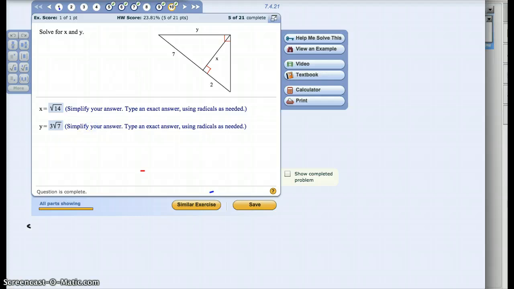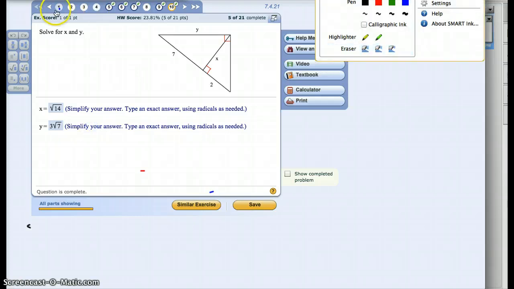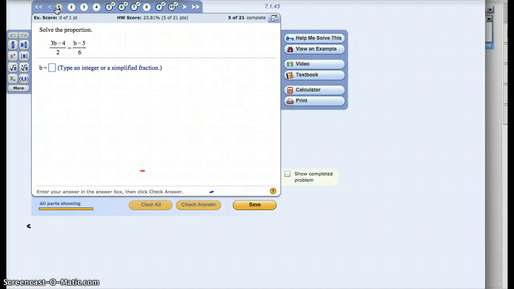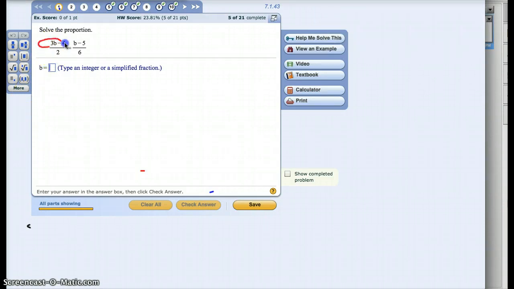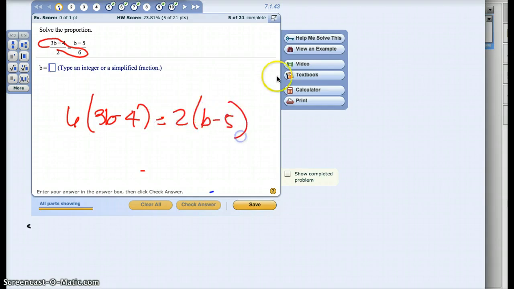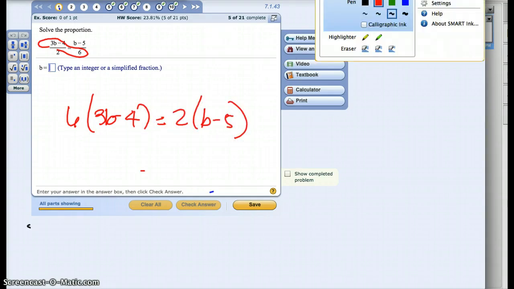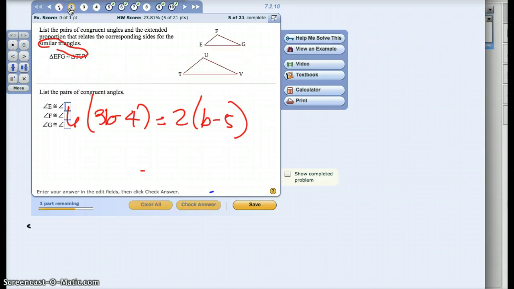All right, so let me go back to problem 1. This should be straight up cross multiplying. Just be careful that when you do, for instance, 3b minus 4, that when you're cross multiplying this top value here, it's 6 times 3b minus 4 equals 2 times b minus 5. Problem number 2, hopefully